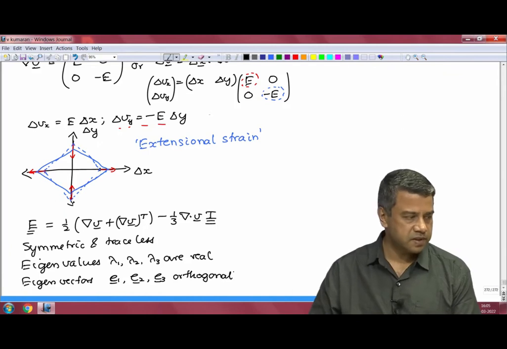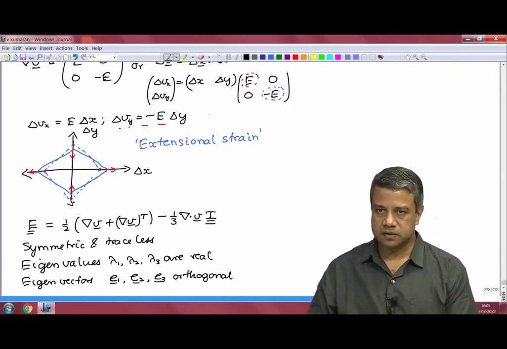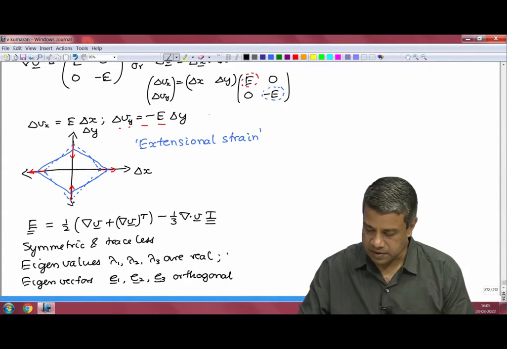These are the properties of a symmetric matrix, and the matrix is also traceless, which implies that the sum